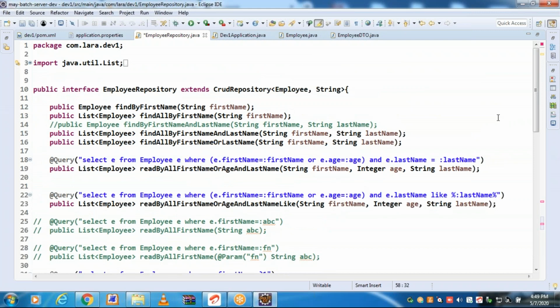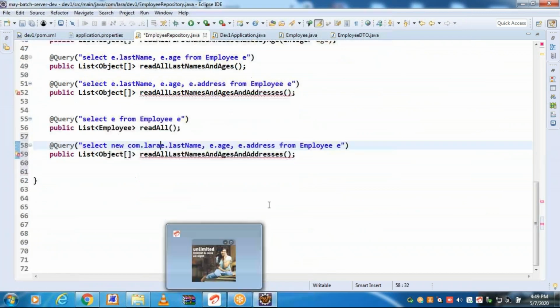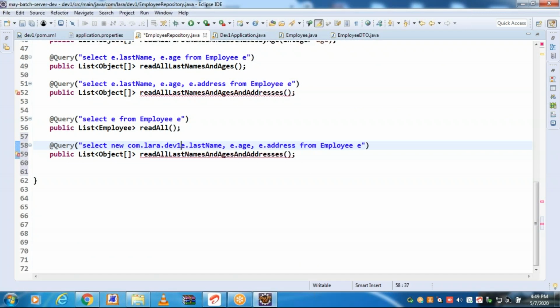What is the current package name? com.lara.dev1. Employee DTO. E dot first name, E dot last name, E dot age. From employee E.